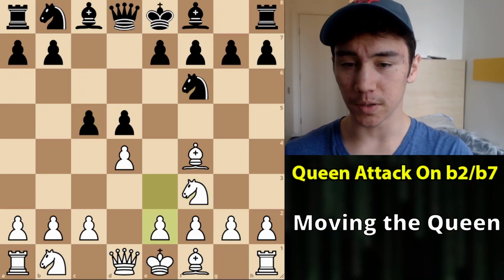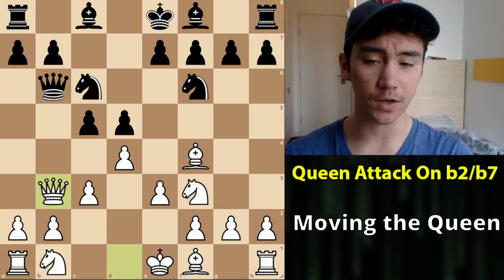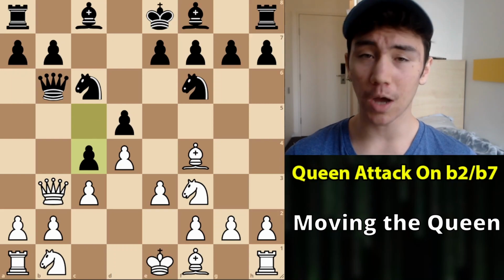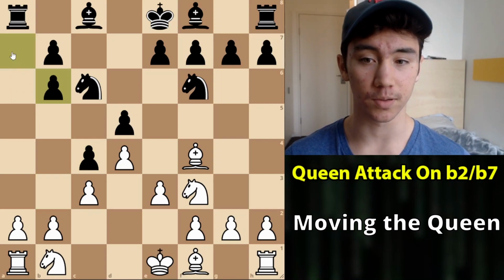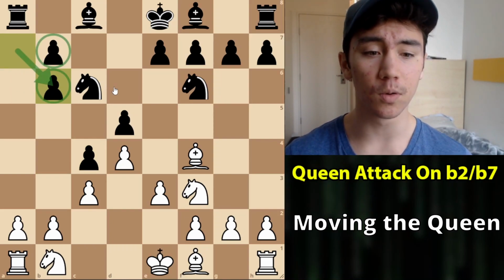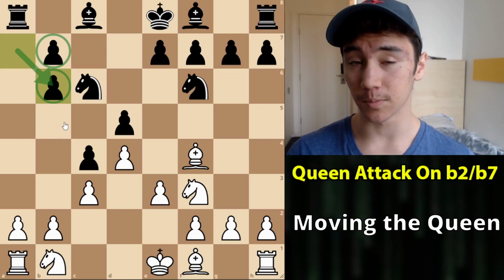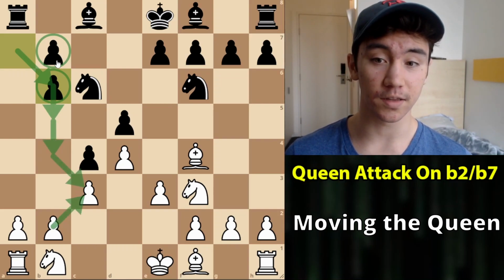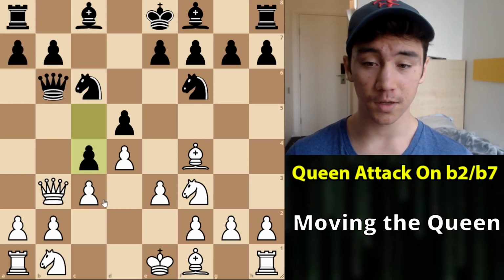Another element you need to be aware of when you defend against these queen attacks like queen b6 is that when you play a move like queen b3, very often what your opponent will do is play a move such as c4. You have to be very wary of the arising structure where if you take on b6, this is already maybe a bit dubious, because technically you're giving them doubled pawns, but you're giving them a very easy plan of undermining your pawns and making progress on the queen side with something like b5, b4, maybe exchanging this pawn and then running the other b pawn forward,